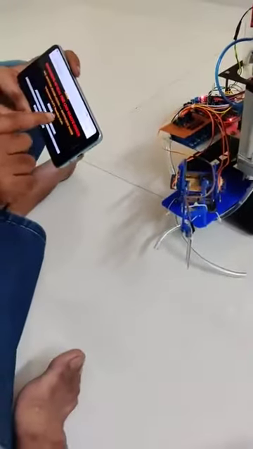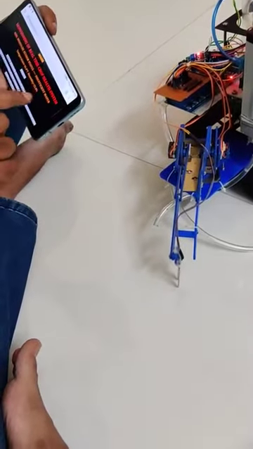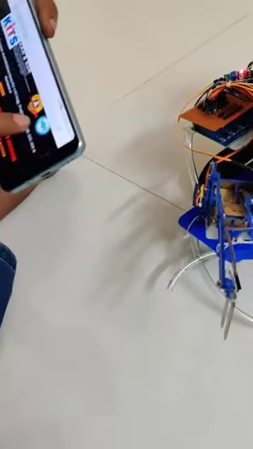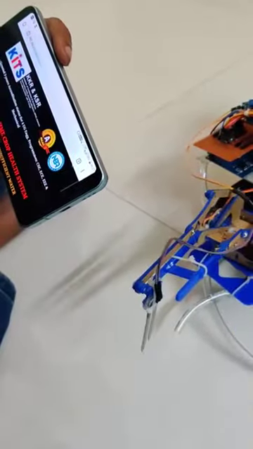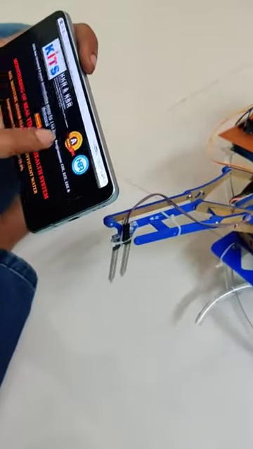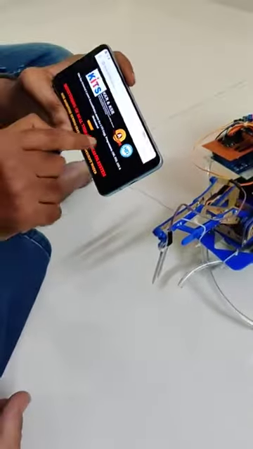And when you press soil sensor on, it will immediately dip the sensor into the soil. If the sensor gets the data, then you can do the undo action here, and it goes to the normal state. When you press servo right, it goes to the right side. So if you want to control the horizontal movement, servo left and servo right are the buttons.